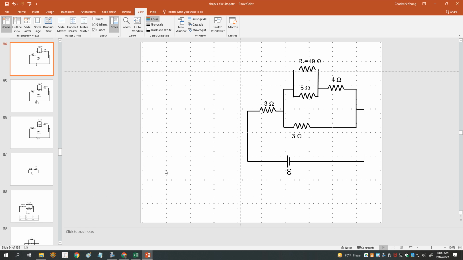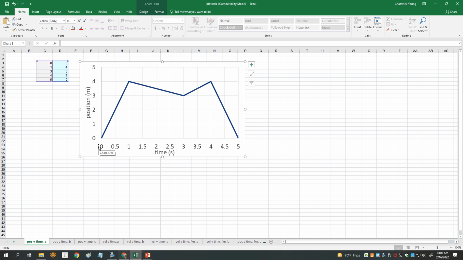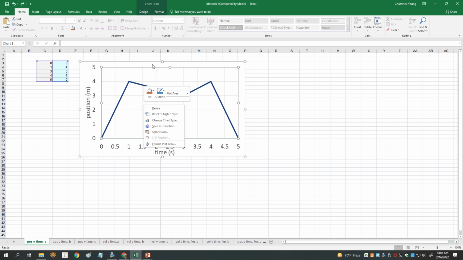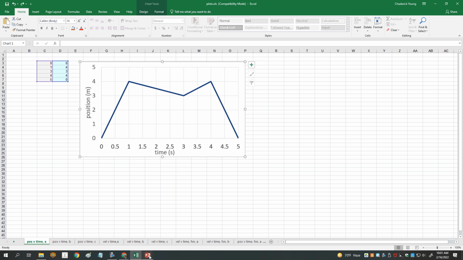Okay, next you can create graphs in PowerPoint, and on the website I've provided an Excel spreadsheet with a bunch of different graphs in it just that I've made. Here's one, it's a position versus time graph. Notice if I change these numbers, for example, it changes the shape of the graph, but I'm going to keep it as it is. I can take this now and annotate it in PowerPoint, so I'm going to select that and then copy it and then go over to PowerPoint,